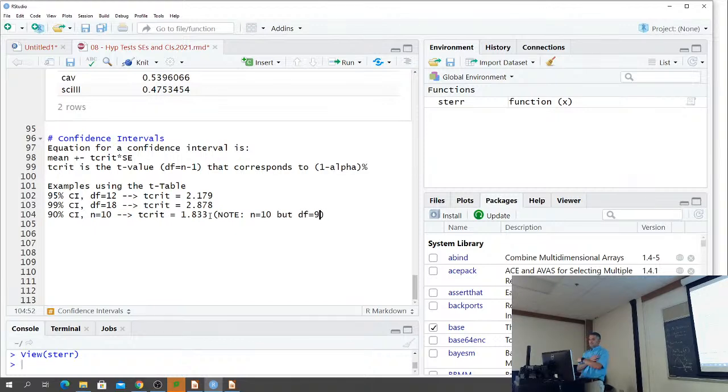All right, so note n equals 10, but degrees of freedom equals 9. So that's the one that I used, and I just used the table. So yeah, we've got the normal table, where you have to demonstrate you can read it, and the t-table, where you have to demonstrate that you can read the t-table. And we do that because if you encounter problems like these,